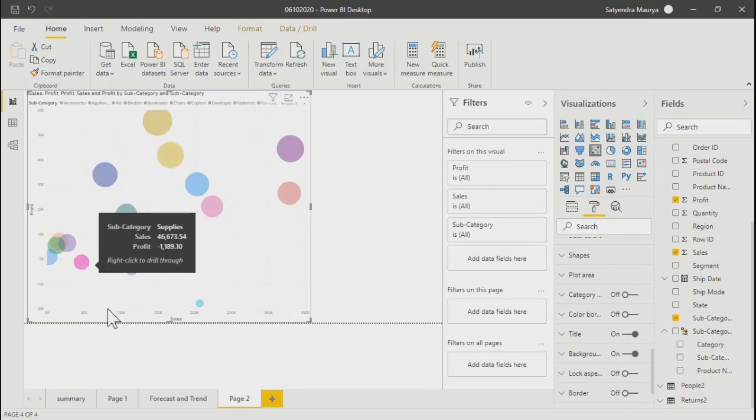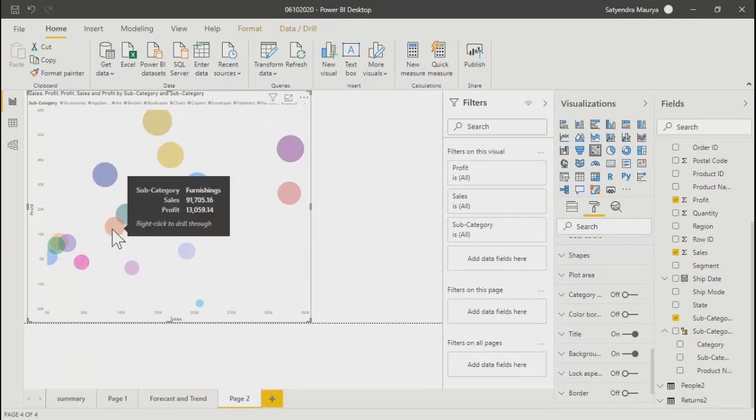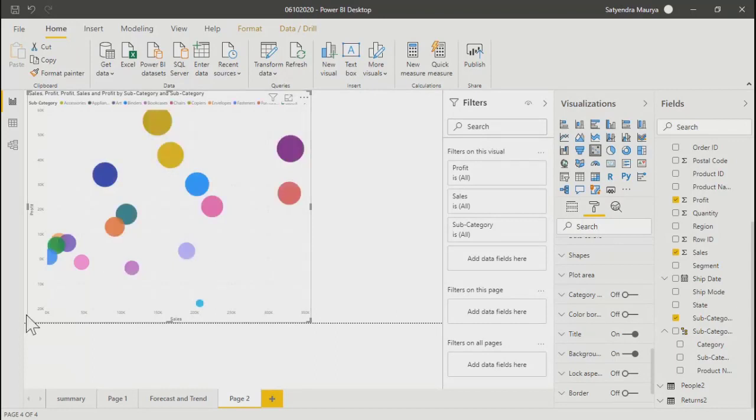Correct? If you go a little up over here, your profit has increased and sales has also increased. So you can say there is a relation between sales and profit. The more you go up, more on the x-axis or more on the y-axis, the size of the circle is increasing.